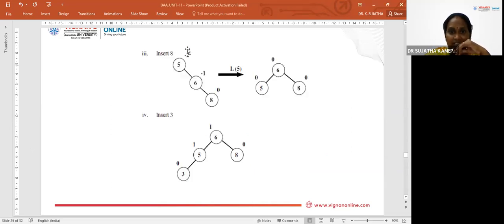So here I need to insert 8. Obviously we know that 8 is greater than 6, so it should become the right child of 6. Now here the balancing factor: 5 has 0 left children and 2 right children, so the balancing factor becomes -2. But my AVL tree should have a balancing factor of either -1, 0 or +1. Either -1 or 0 or +1. So that's why